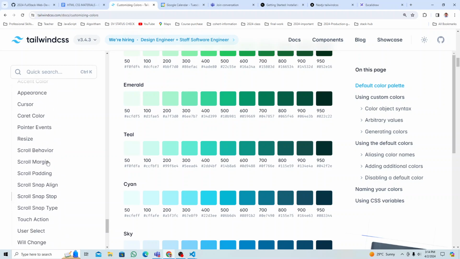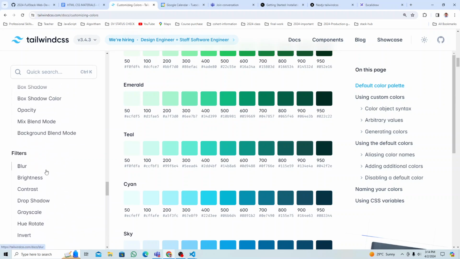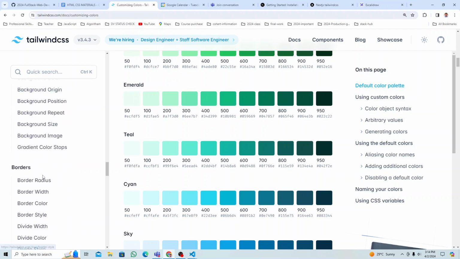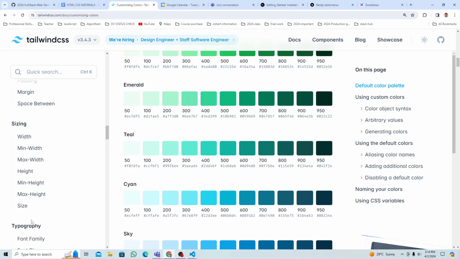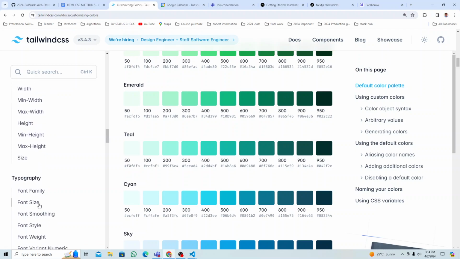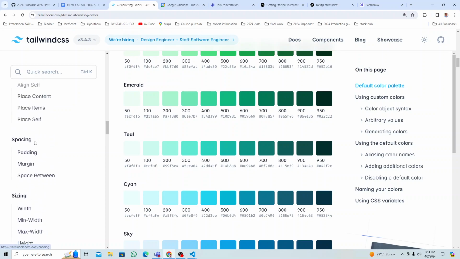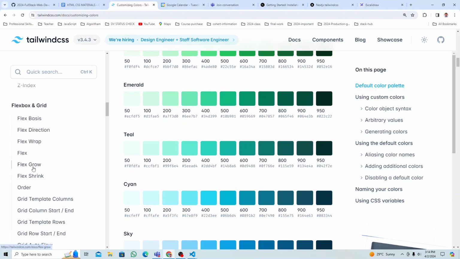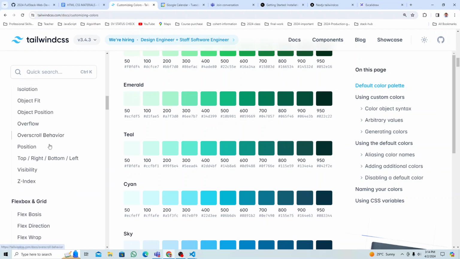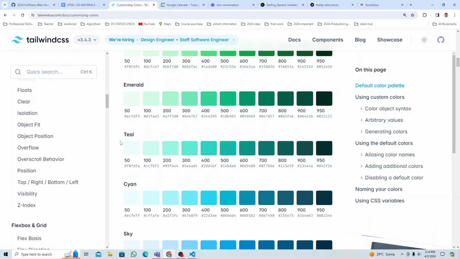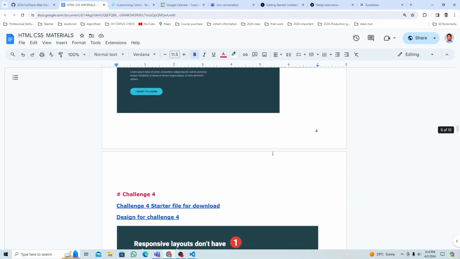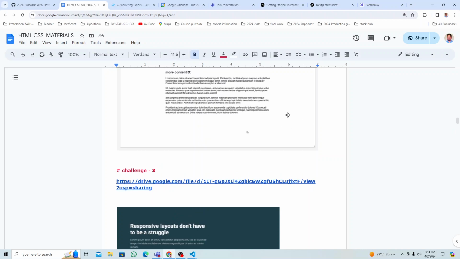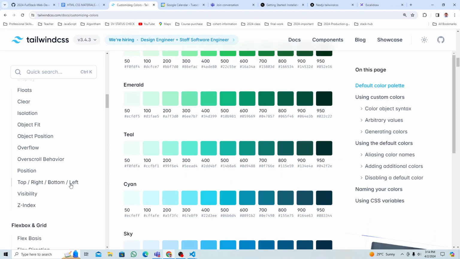so mostly I will ask you guys to look at border, background, text, typography, right? So this all falls under the typography, sizing and spacing, right? So these are the few things you can look at. Okay, tomorrow we're going to work with the grid, flex, and some other stuff. So we're going to do all these challenges one by one, and you guys practice and repeat and read right here. Okay,